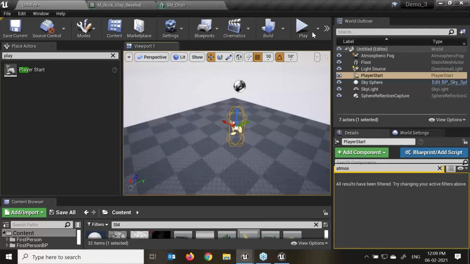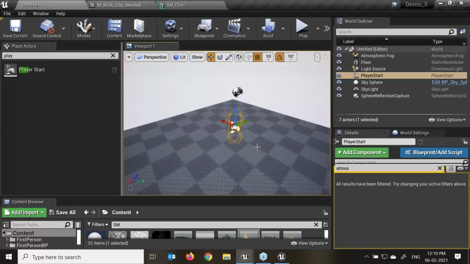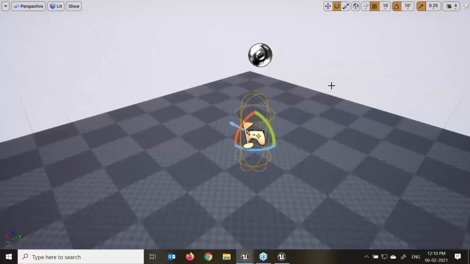When we talk about the player start actor, the ability to spawn a player into the world at any location is a very useful feature for any game. Especially Unreal 4 offers a special actor that allows us to do this, called the player start. There are very few game engines where we can put our player start in any direction. Player start actors can be found again in the modes actors, right? So by default there is also one option over here.